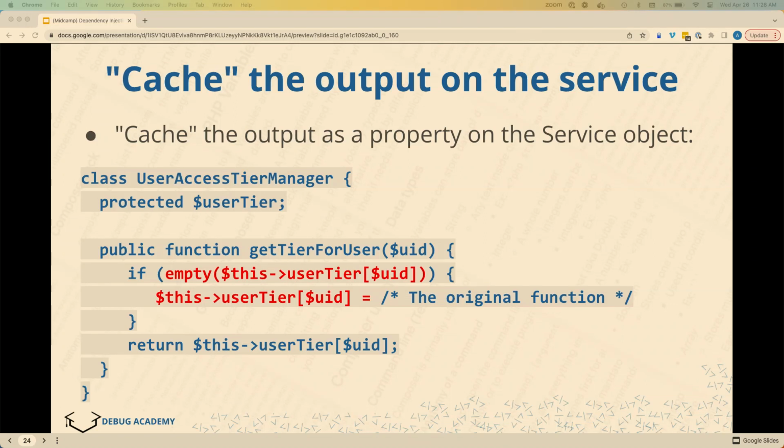Yes? Quick question, do you use that protected property in other areas of the code? No. So what you could have done, this is just an alternative, is use a static variable within this function. That's a kind of a little bit older school way of doing it. And then that variable would have persisted. In fact, it would have persisted across objects. If you define static within get tier for a user, like static user tier, then that variable will persist within that function within this object. And then next time you use that function, it would have a value.